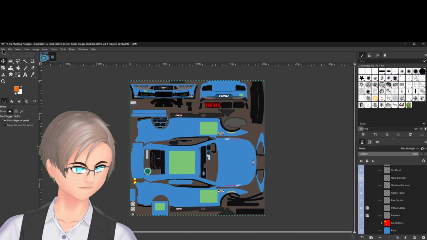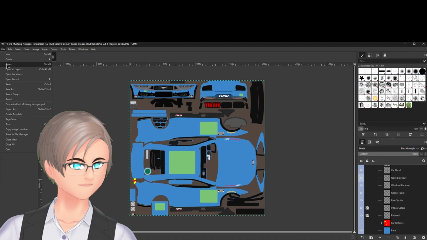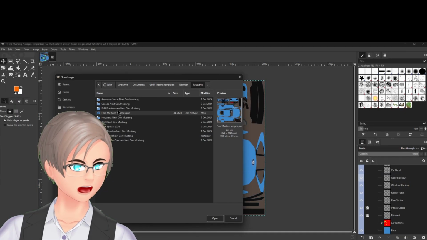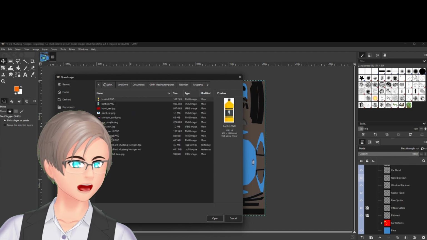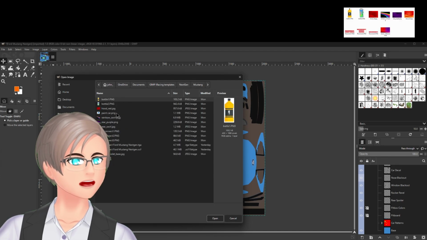So I'm going to go to File on the upper left and Open. And I have a folder that I've called Reconnect Next Gen Mustang. Reconnect is the sponsor that I'm using for this particular paint job, and I've put all the things that I want to put on the car, all the colors, stickers, etc., in this folder. So it's already ready and prepared to go. So I open it up and you can see I've got all these things I'm going to put on the car. The bottom one says red to violet base. That's the base color I want to use. So I'm going to double click it